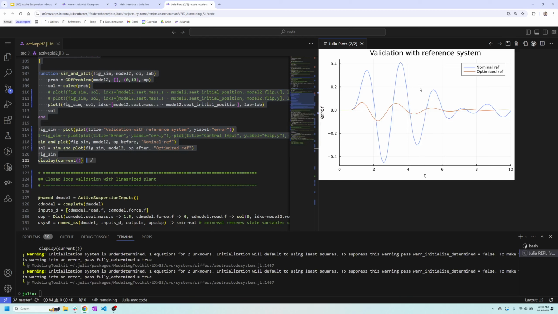Okay, but in addition to the blue error right here, we also have the error against the reference system when using the optimized controller. And we can of course see that the optimized error right here in red is a significant improvement over the error when using the nominal controller. So with that, we can say that we are confident that the optimized controller performs better than the nominal one